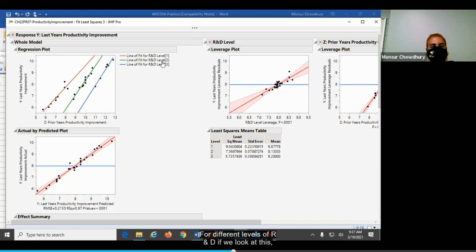For different levels of R&D, the relationship between the prior year productivity improvement and the last year productivity improvement changes. That means R&D levels has an effect on this.